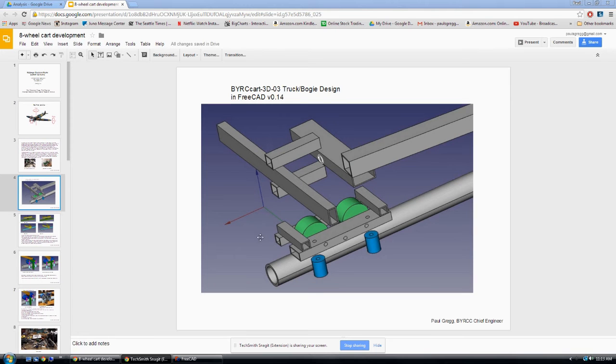So I spent my career in aerospace working on CATIA, a good CAD program, but they cost $10,000 a year for a license. And so until I can figure out how to get a really good CAD program, I'm using what's called FreeCAD. It's a free CAD program. Maybe it's difficult for me to use, but it kind of got the job done. It crashes quite a bit, but got the job done. So at the end of this